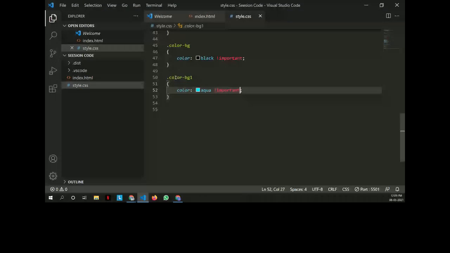Yeah. So as you all can see, the aqua color has been inherited here as well, because here we've added it after color BG, and before this it wasn't inheriting the aqua color because we had important written here. So if I remove important from both sides, like both the tags, then it will inherit the aqua color here.